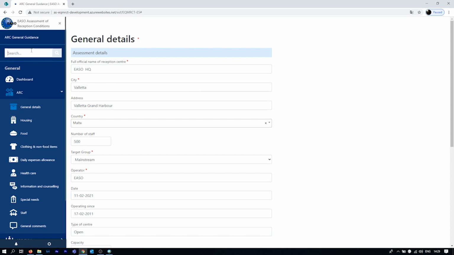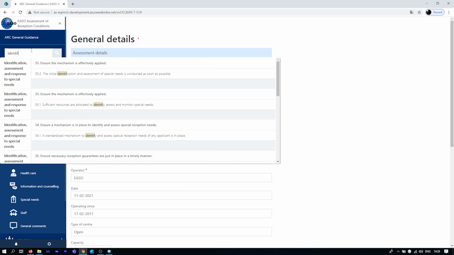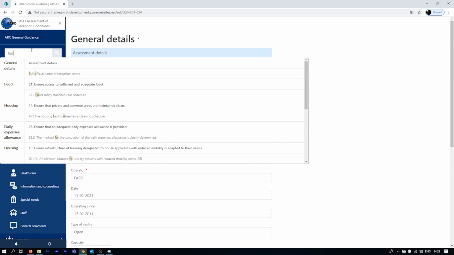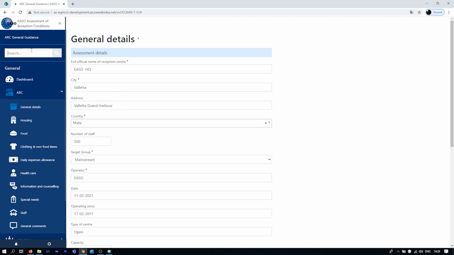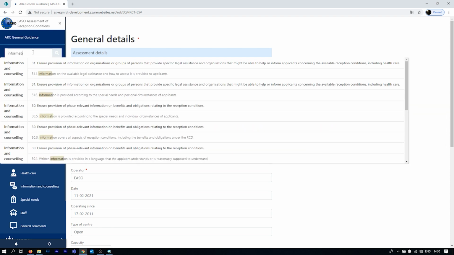A third option makes you use the search function of the tool. Typing keywords such as identification or food will guide you to the relevant indicators. Let's try it now. Typing a keyword such as information will display all indicators related to information.